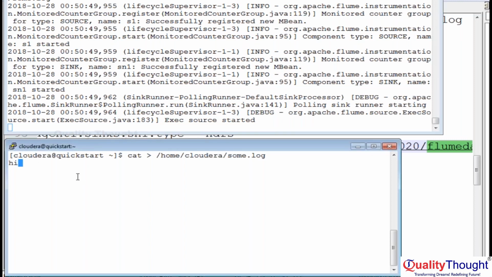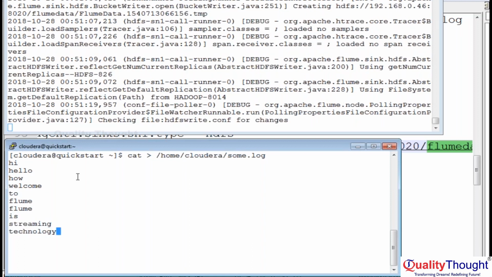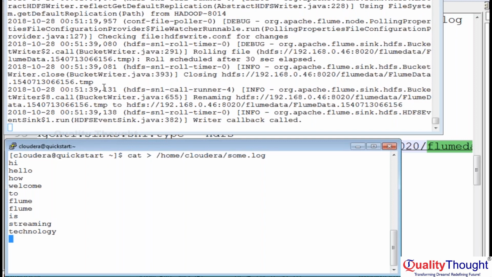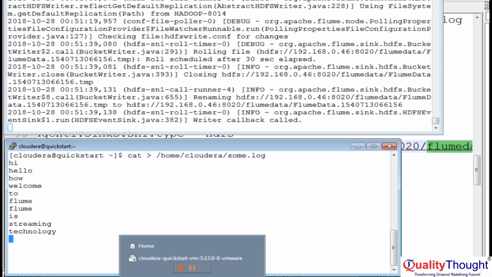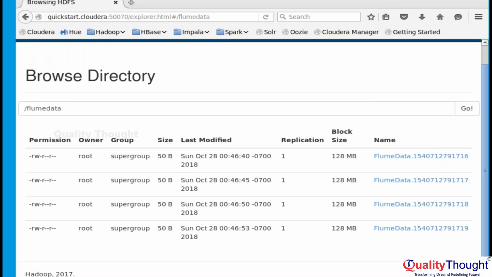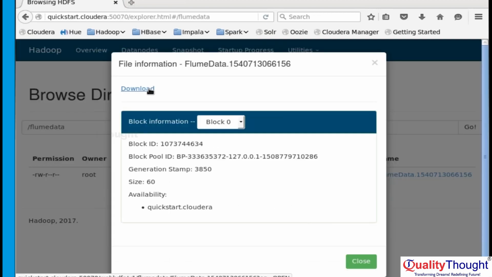Let's type. We are writing where? HDFS file system. We are not writing into console. If you use multiple sinks, one sink you can divert into HDFS, another sink you can display in console. You can write multiple sinks. Let me open HDFS file system. Go to browser, refresh, Flume data. Click on this one. See,